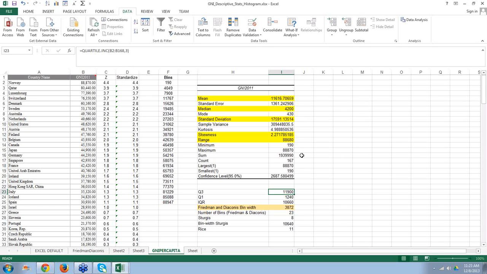So when I put 3, I get 11,900. Now to obtain the first quartile, I can just copy that formula and change the 3 to 1. So here now you see the third quartile is the 75th percentile. So the 75th percentile of the income is 11,900. The first quartile is the 25th percentile. So the 25th percentile is